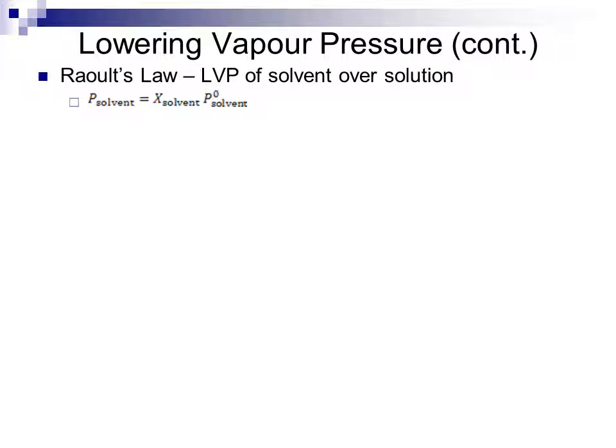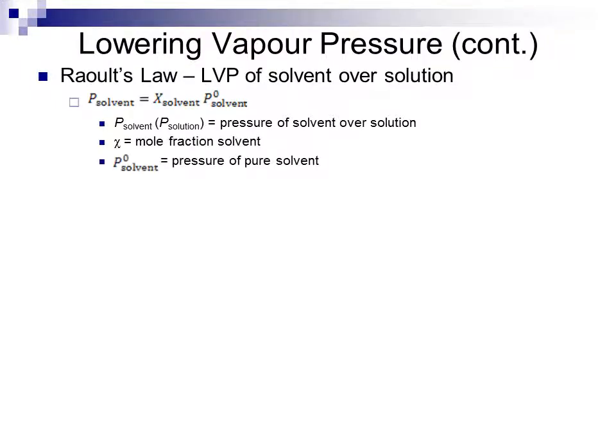the solution, is equal to the mole fraction of the solvent particles times the pressure of the vapor over the solvent as a pure solvent. So we have P solvent, or P solution, interchangeably, which is the pressure of the solvent over the solution, X is the mole fraction of the solvent, and P not solvent is the pressure of the vapor over the